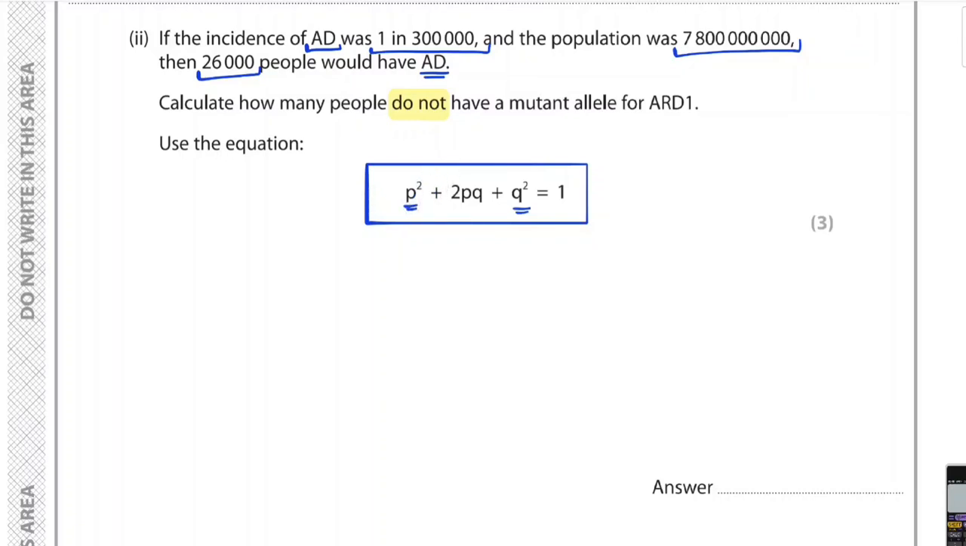What I have in my given data is the Q squared, which is the incidence of arginase deficiency, 1 in 300,000. So first of all, I need to get the Q. I have the Q squared, which is 1 in 300,000. So if I want to get the Q, it is going to be the square root of this fraction,